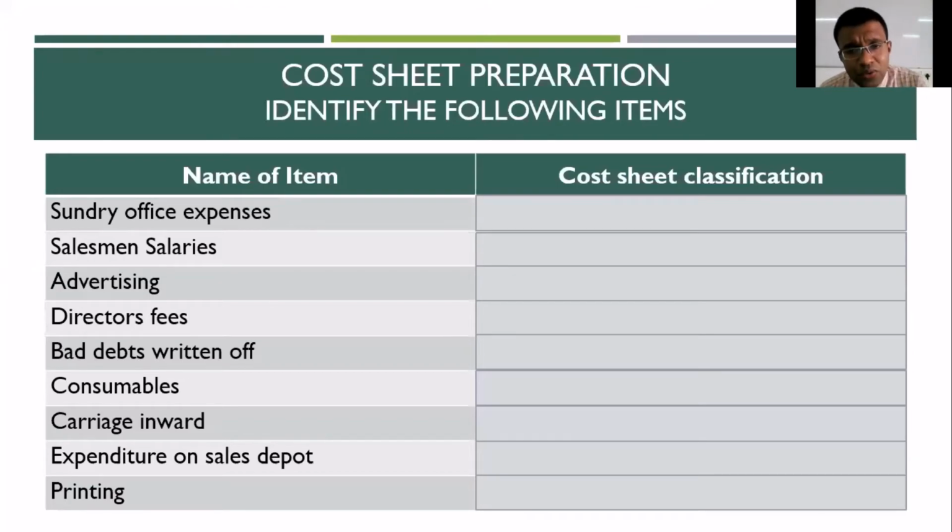Someone in the meanwhile mentioned service cost. No, service cost is not a prime cost, because what is prime cost? It is directly a part of your production process. But customer service is something which comes after you have made your sale. It has got nothing to do with your production. That's why it is an indirect expense.